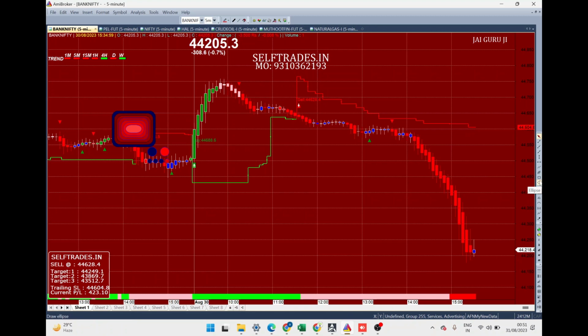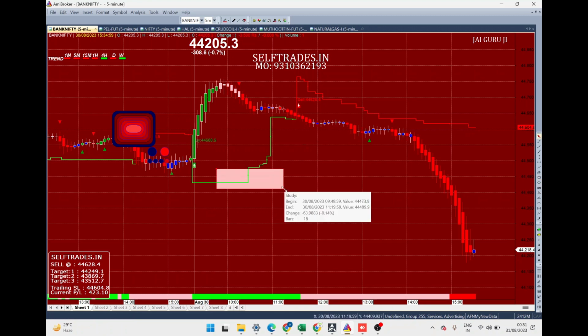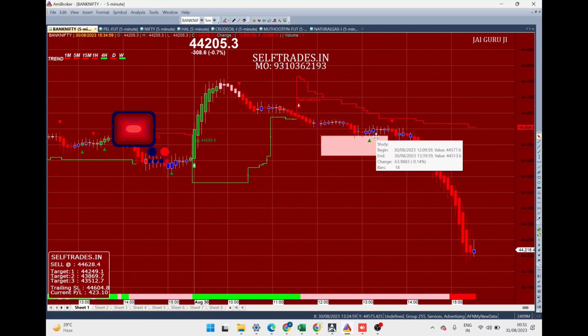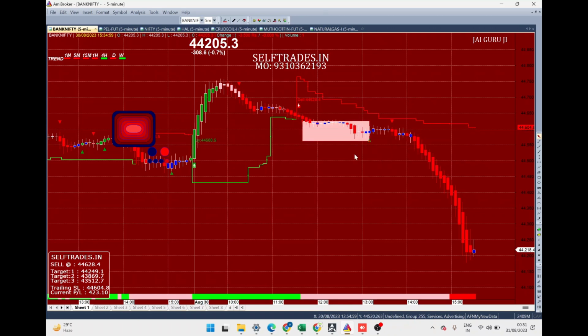So what we have to look at, first of all, is this trend line. Most important thing, if this is green, please my friend, only look to take call positions. If this is red, only take put positions. Whenever you get a red triangle, take a put option. When you get a green triangle, exit put. You can always exit put in the middle. There is no hard and fast rule that you cannot exit. It is your money. If you are making a good amount of profit, please exit your position.